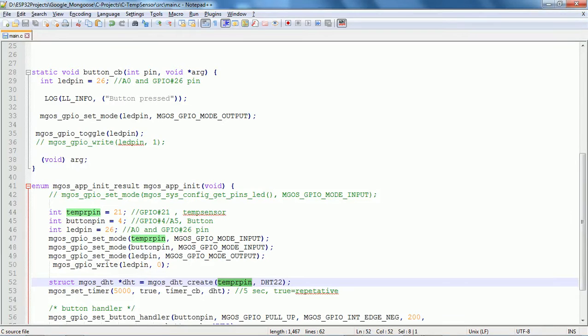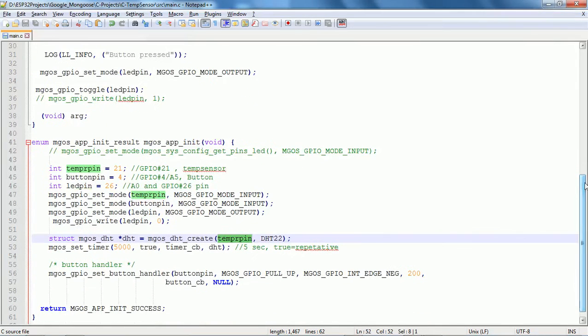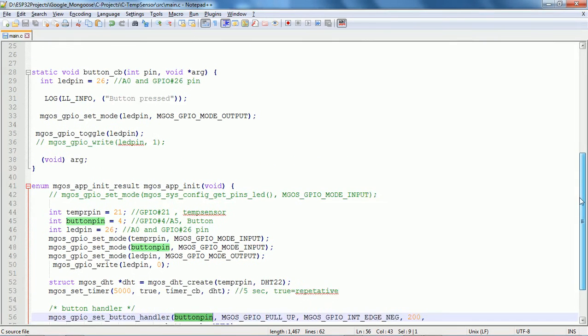Otherwise we don't need it. Sorry, this is the temperature pin I just mentioned, and this is the button pin. The button pin is pin number 4, so that is when we press it. When this particular thing is pressed, we want to toggle the LED pin.